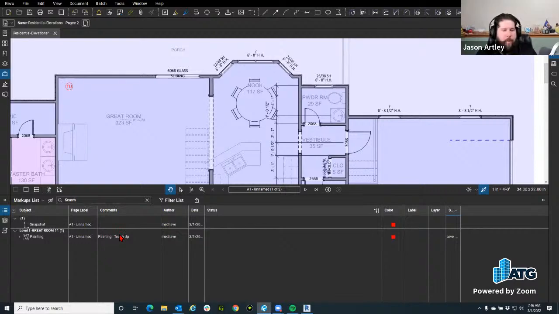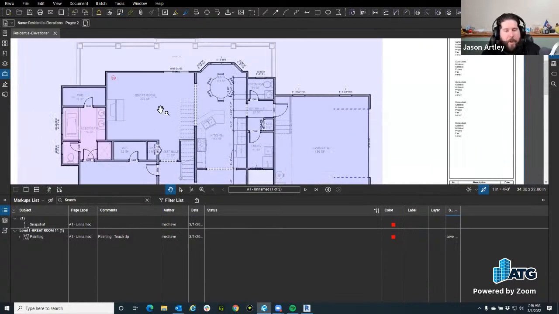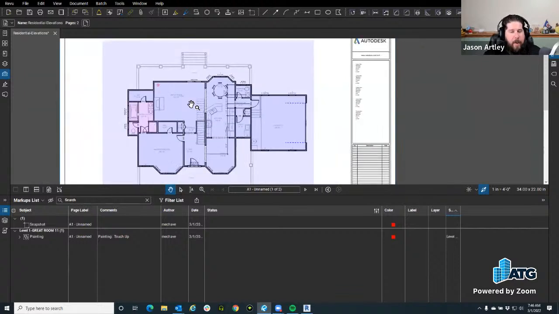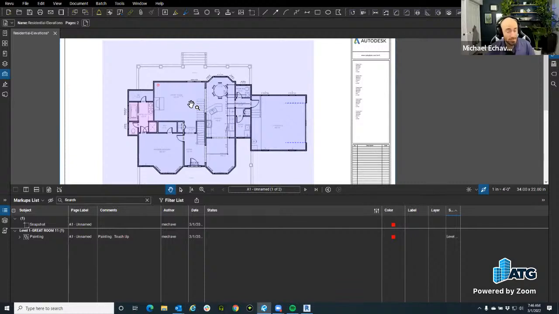This is telling you, the reviewer, whoever is doing the quality control or the red lines or whatever, it's further directing you where to go. So it makes this easy, especially when it comes to quantities. And this is going to be a big thing, especially when we have this release of something coming at some point